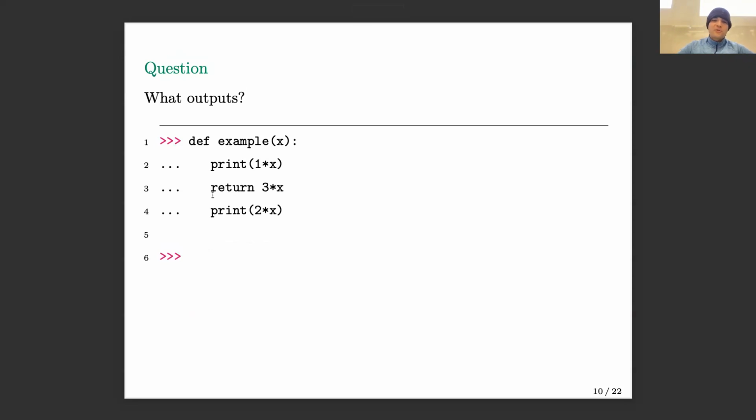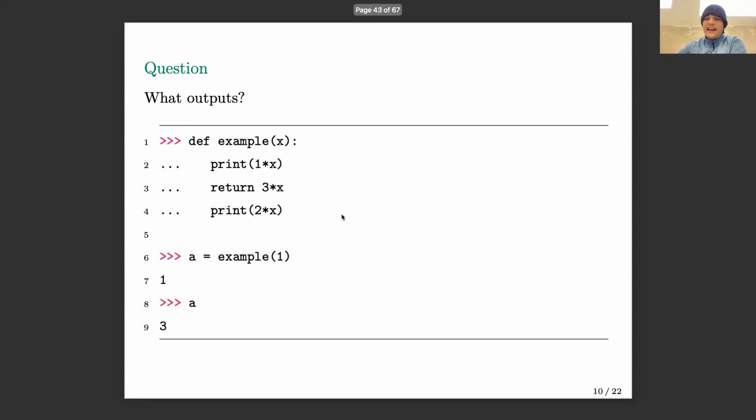Okay, so all I've done is move the return up 1. And remember what I said, return ends the party. As soon as you return from a function, it exits. It stops doing whatever else. So if I say here, A gets example 1, what prints and what gets stored in A? Print 1 and store 3. What about this? Yeah, that's correct. So this is going to print 1, and in A it's going to store 3.